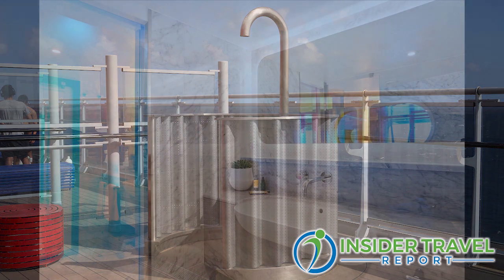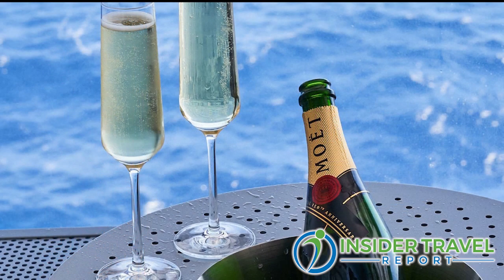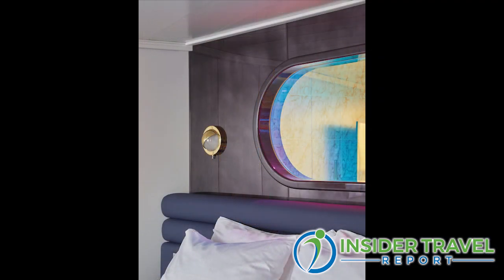Where in the world can you feel like you're on your private yacht, have your outdoor shower, and then go and sip some champagne as you lay back in your lounge? They're a very indulgent, warm, purple and blue aesthetic, giving you this feeling of protection while you look out at these grand vistas